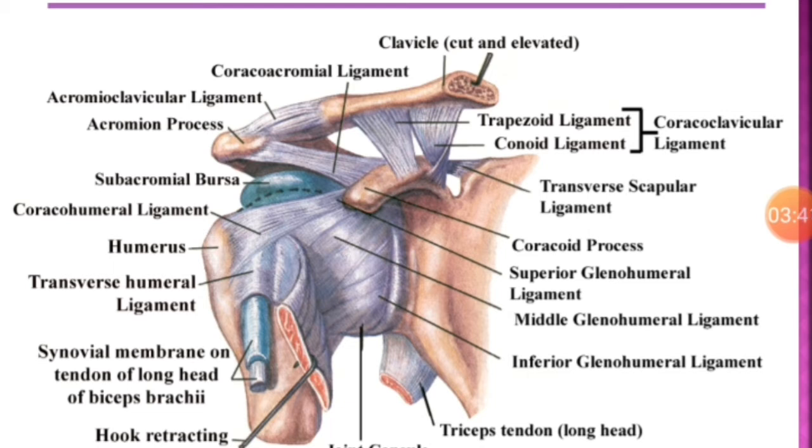In this slide, you can see the shoulder anterior view. Here you need to visualize where is the acromion, where is the clavicle, where is the greater tubercle of the humerus, so that you can understand the basic anatomy of the shoulder joint to understand impingement syndrome in detail. Here you can see in blue color the jelly-like substance which is the subacromial bursa, and the coracoacromial ligament, the coracohumeral ligament.